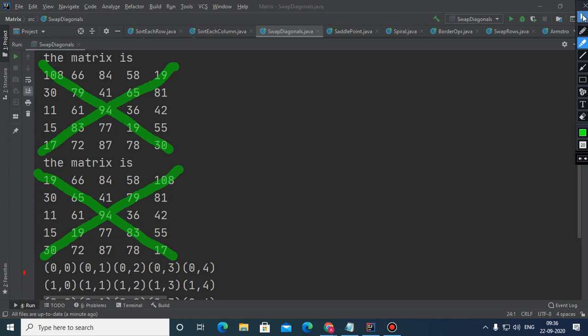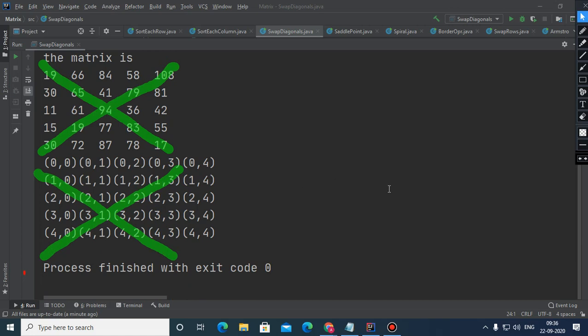So children, please try to write the code. And how to do that? We need to simply focus on these index values. Children, whenever you try to attempt a question which is based on the matrix, please try to write the index values of each and every element and then try to form the logic. The things will become easier for you.